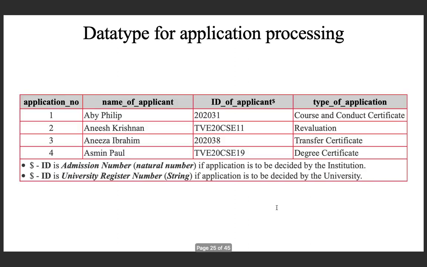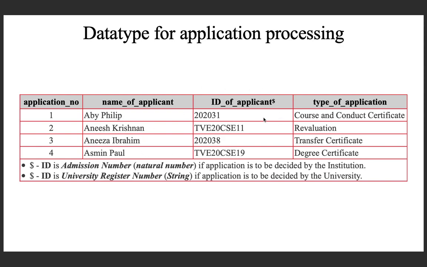And now we can try to get a data type for processing or maintaining the details of applications which are pending. That is the motivating example that we looked at. So this was the instance given. We wanted to maintain this kind of a table.